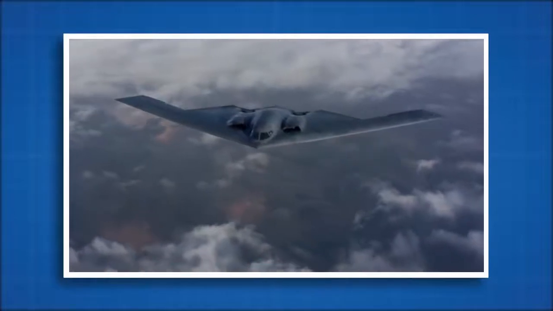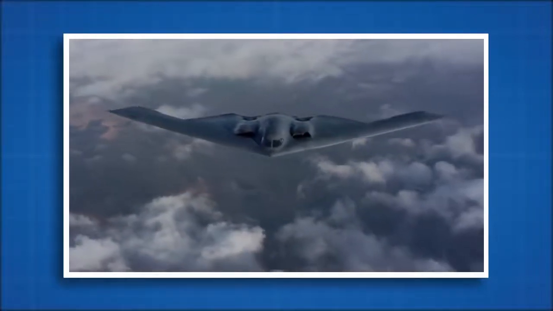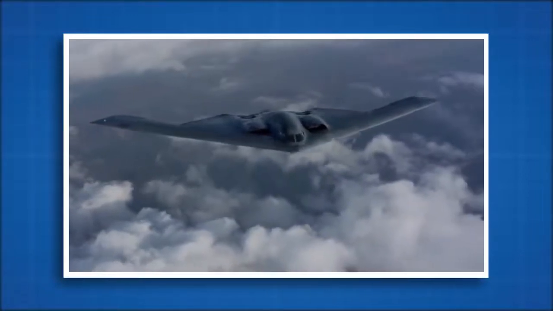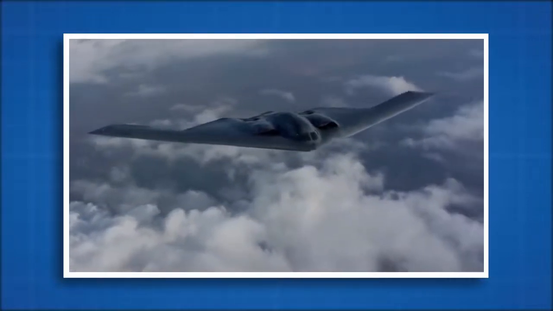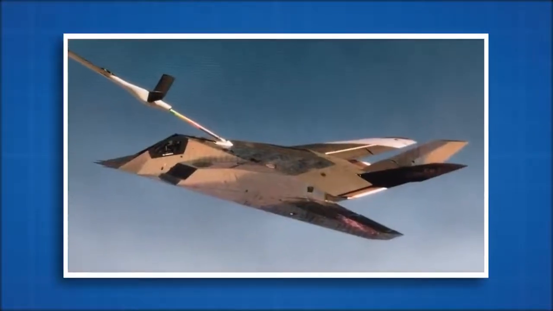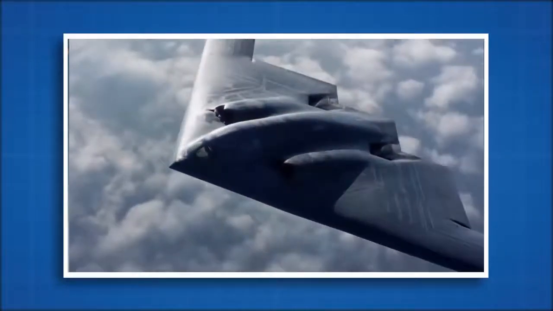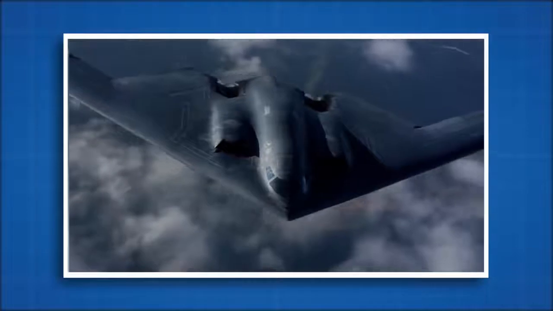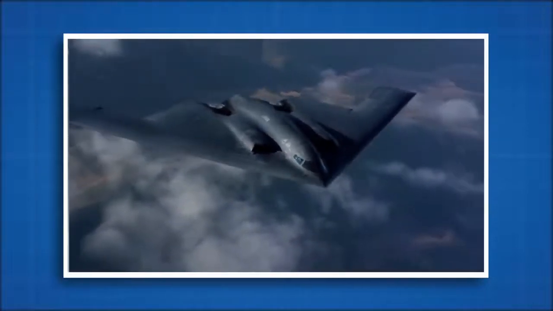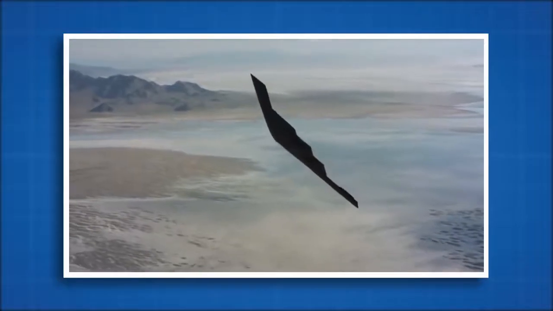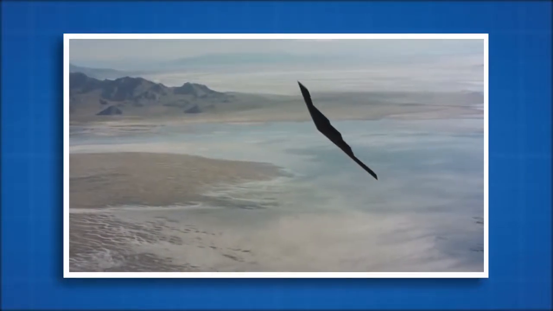The aircraft was designed with the aid of computational models and a supercomputer, which resulted in an incredibly complex curved shape. This technology was not available during the development of the F-117 Nighthawk, resulting in its much simpler faceted flat panels. The B-2's radar cross-section is further reduced by its streamlined flying wing design, with its highly reflective engines embedded within the aircraft, where radar cannot see it. Even the engine's air intakes and exhaust vents are located on top of the plane to ensure they cannot be